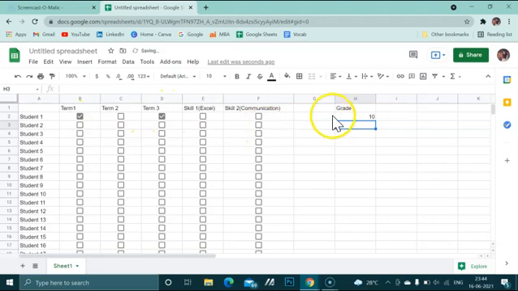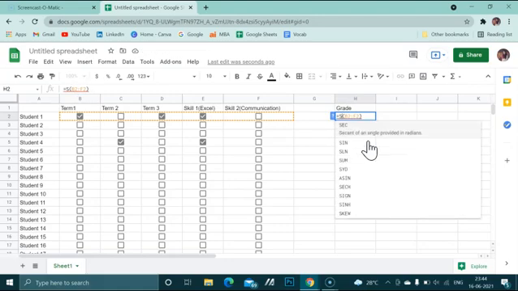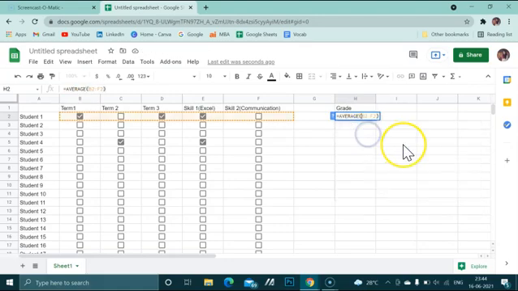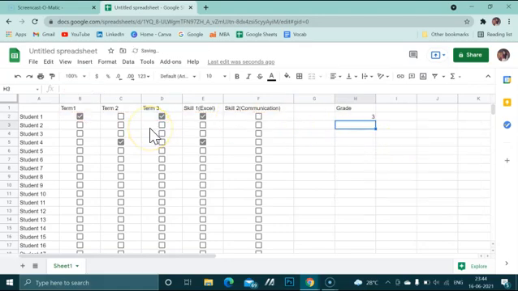2 checkboxes 10 points, 3 checkboxes 15 points. So it is very feasible to do. You can try any feature here, like sum, average. You can just use any feature and you will be good to go. It's like 15 upon 3, that is 5. So these are the things that you can do.